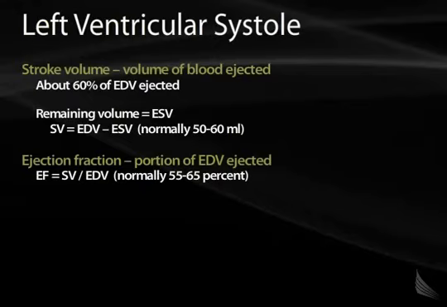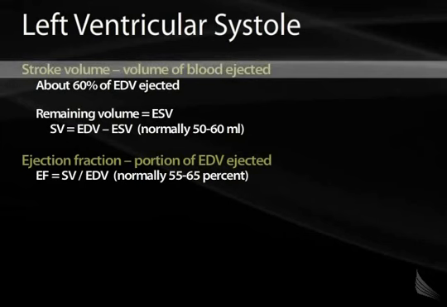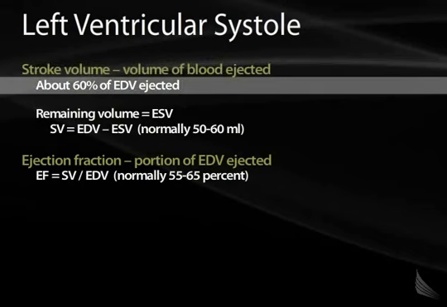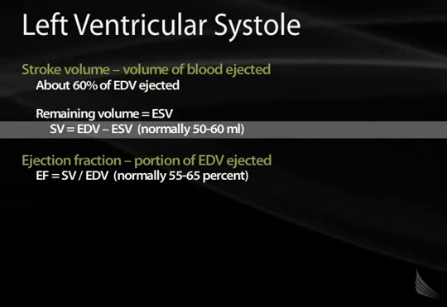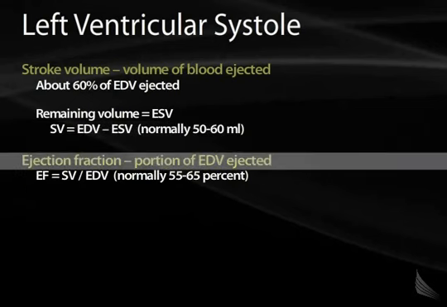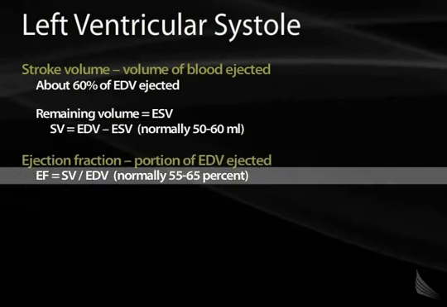It's important to mention at this point stroke volume, which is the volume of blood ejected out of the ventricle, is generally approximately 60% of the end diastolic volume. The amount of volume left after systole is the end systolic volume. We calculate stroke volume by taking the EDV minus the ESV. Normally this value is approximately 50 to 60 milliliters. We can also calculate the ejection fraction by taking the stroke volume and dividing out the end diastolic volume. A normal ejection fraction is 55 to 60